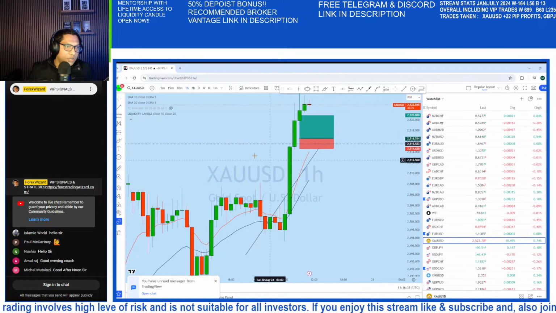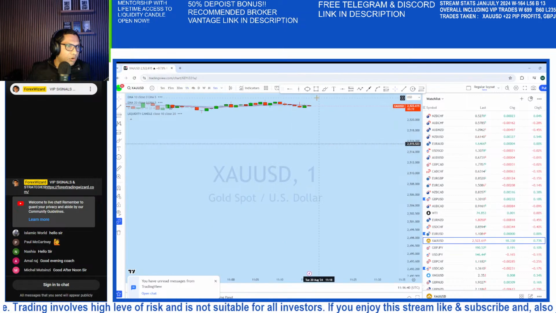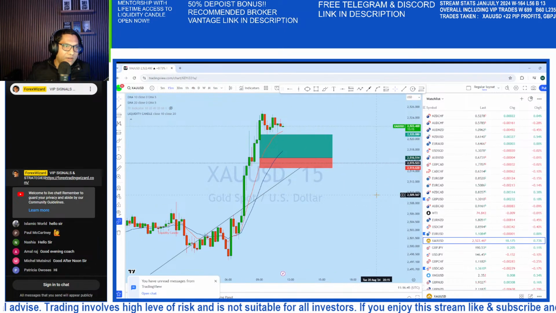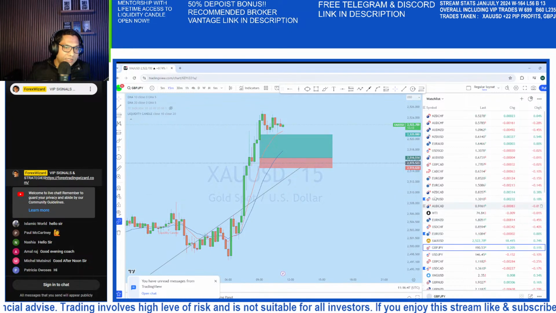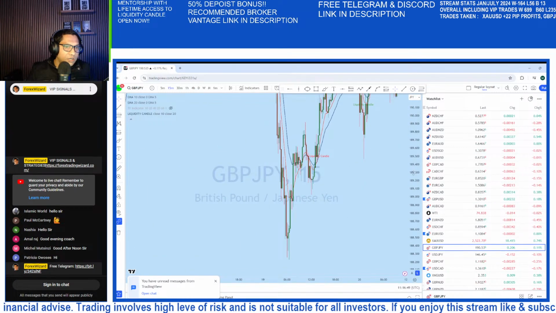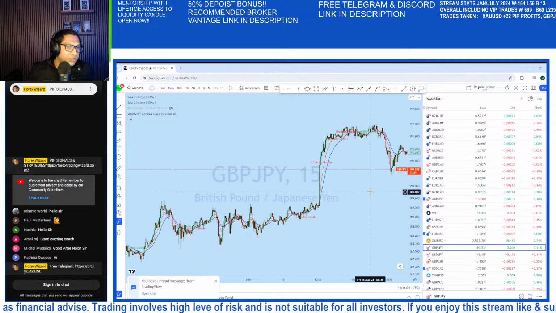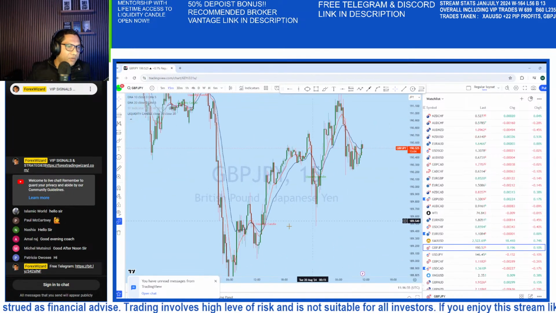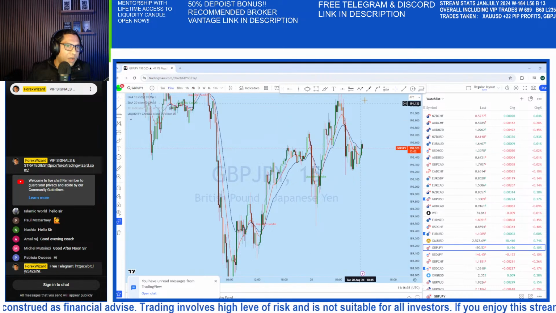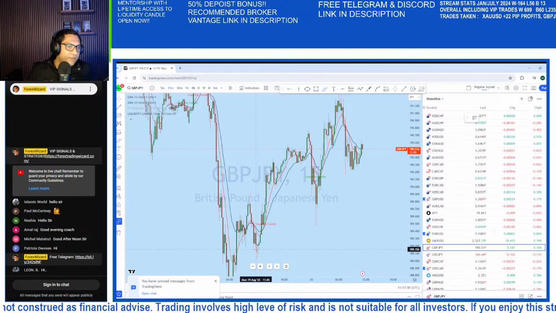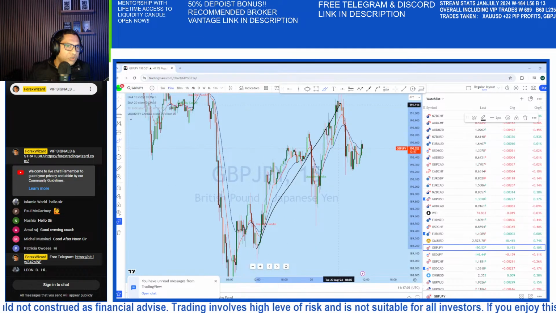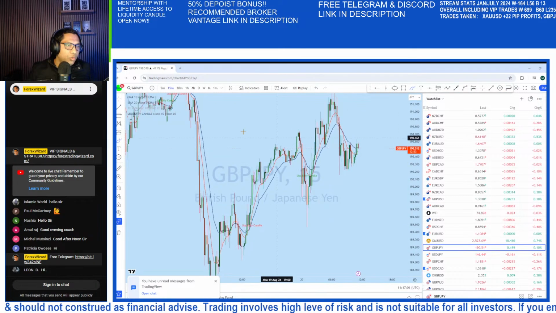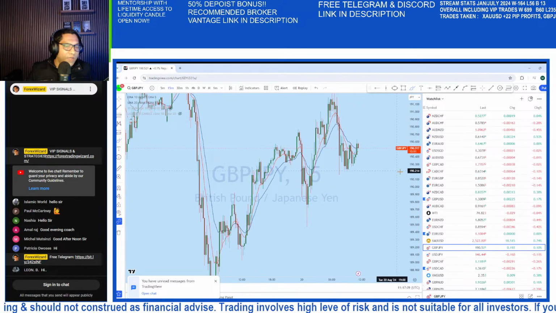We had a very nice trade on gold early today, again on the 1 minute chart. We'll be discussing that after yesterday's back-to-back two massive successful trades on this live session. If we quickly go back to yesterday's trade on GJ, you can see that from that level there was a massive bounce. It's a pretty strong bounce on GBPJPY. So we'll be looking at all of them one by one.